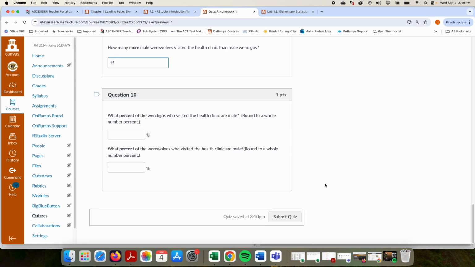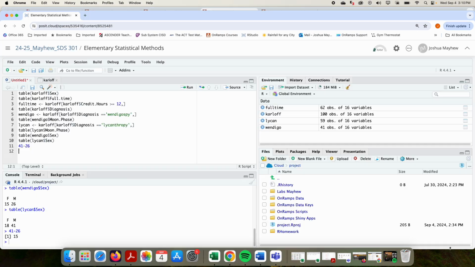All right, last question, number 10, says, what percent of the Wendigos who visited the health clinic are male? What percent of the werewolves who visited the health clinic are male? So they want to know percentage, so that's just a calculation. For the Wendigos, 26 out of 41 for 63%, 0.63. And then for werewolves, 41 out of 59